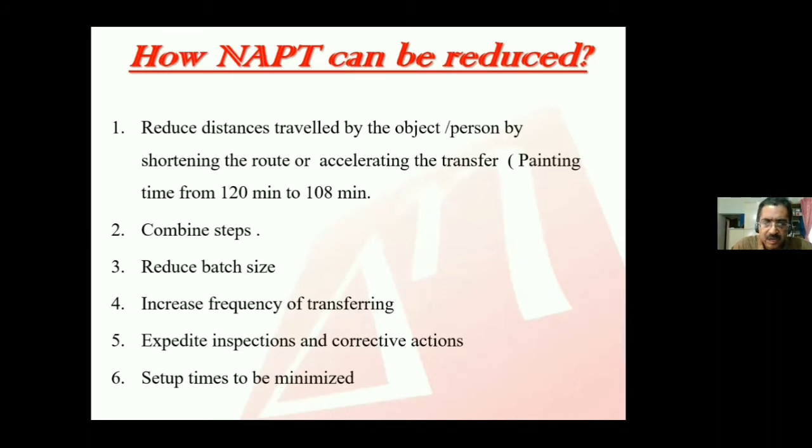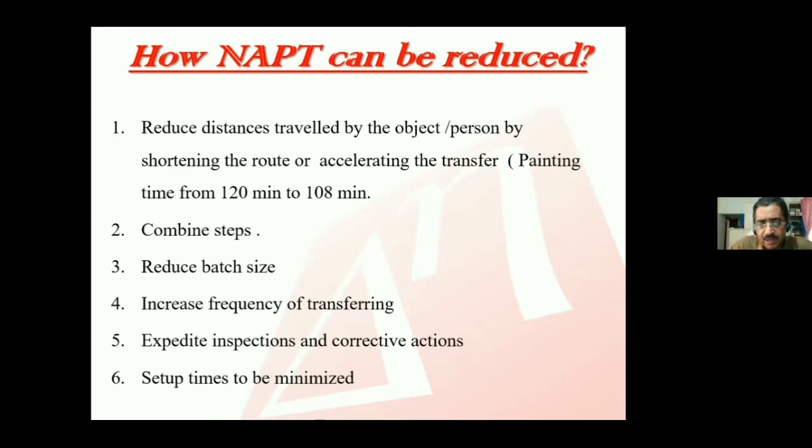Also, you can reduce the distances. Maybe by the old layout, you had a different layout at that time. Then some changes happened, or there was some obstacle in the past which could be overcome, and you can reduce the distance also. You might recollect that in the variable session, we were talking about displacement and distance traveled. So find a way to minimize the displacement. This is the first way to reduce NAP. A simple way. It doesn't cause any problem to the material.